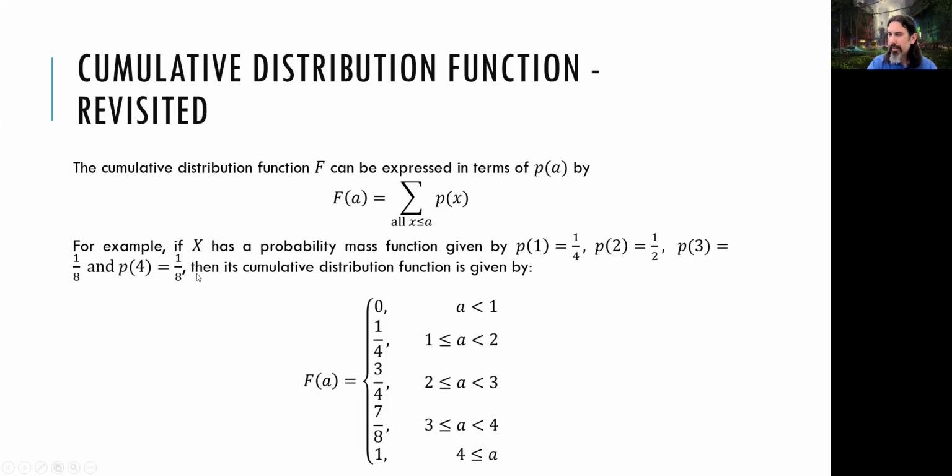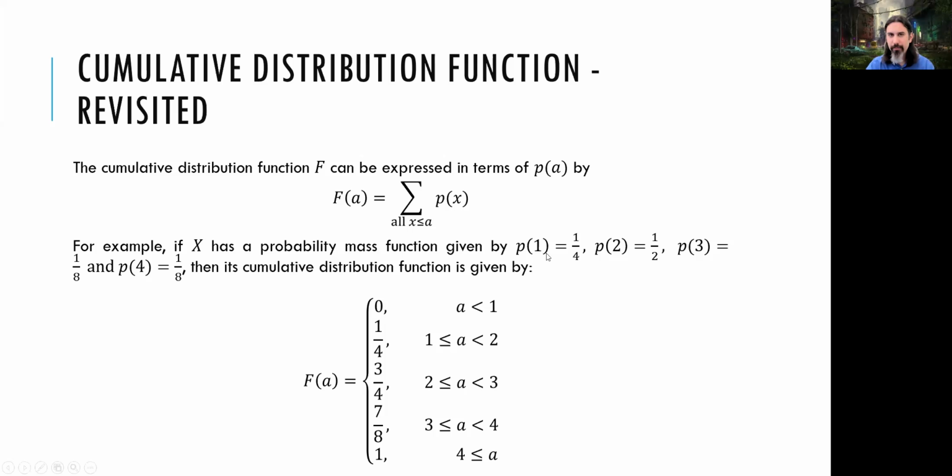Okay, for example, if X has a probability mass function given by p(1) is equal to 1 over 4, p(2) is equal to 1 over 2, p(3) is equal to 1 over 8, and p(4) is equal to 1 over 8, then its cumulative distribution function is given by this one. Why? Okay, p(1) is where it starts, the first probability we see with the least outcome value. This is 1, and 1 is less than 2, 3, and 4, so this is how we start. Before 1, any outcome has a probability of 0. So when you are coming up to 1, every value is 0, so their sum is 0 as well.